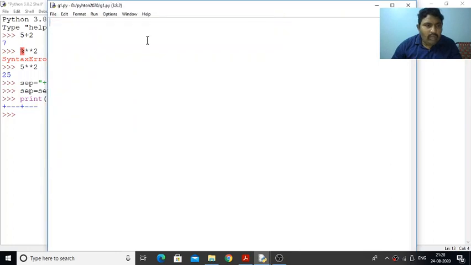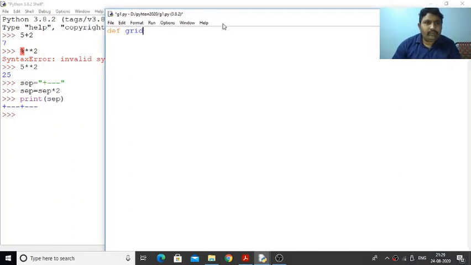So I saved the program. Now we develop the function for this, def grid of the number of rows or columns we pass, and that many rows and columns the grid has to be developed. So now it is a function, and slowly we develop it one by one.